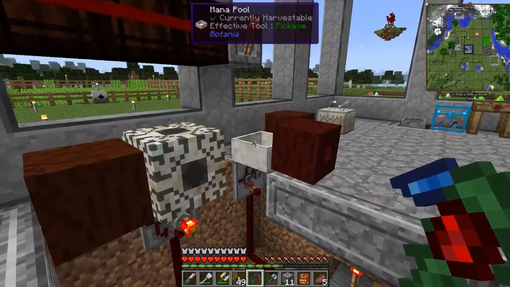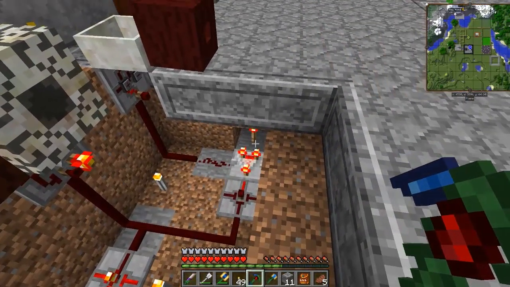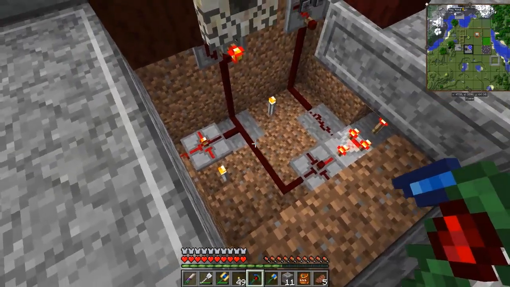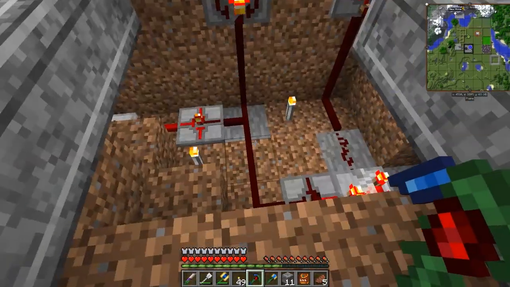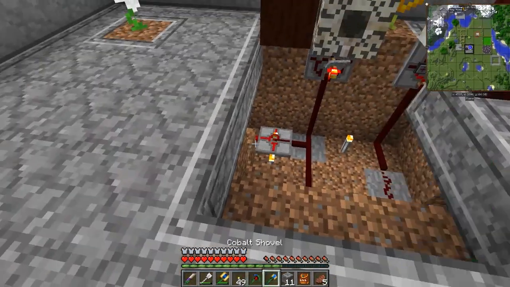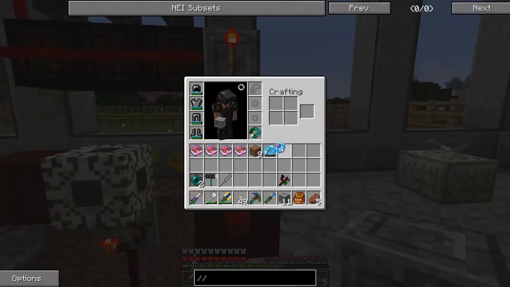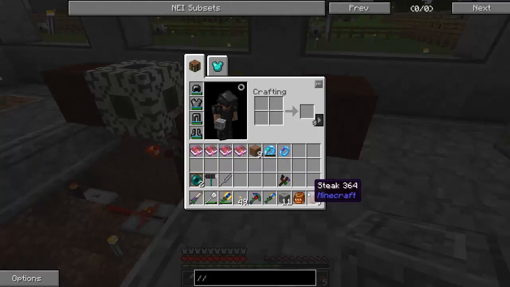If your mana pool is full, then this will have a signal of 15 minus, and you've got a signal of 15 here, which will cancel out, which will not output a signal, which will in turn make a signal here, keeping this on all the time, cutting that off. I hope that makes sense. But anyways, it works. So if I take, and actually I don't have anything in the hoppers right now, I don't believe. Nope. So I'll show you that in just a minute,